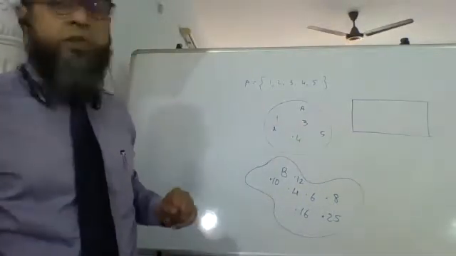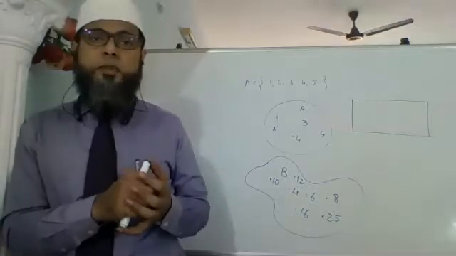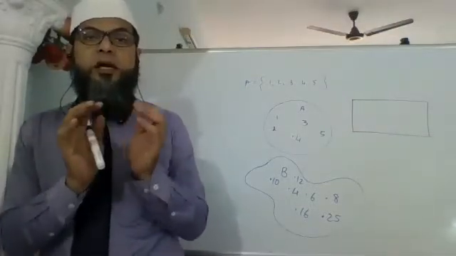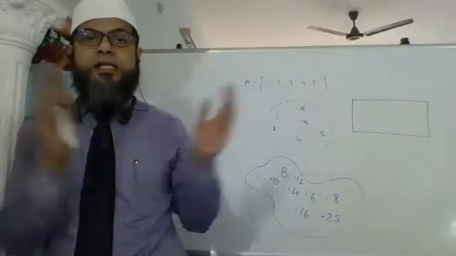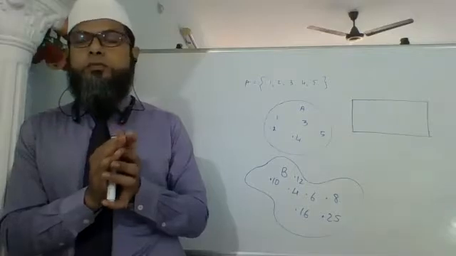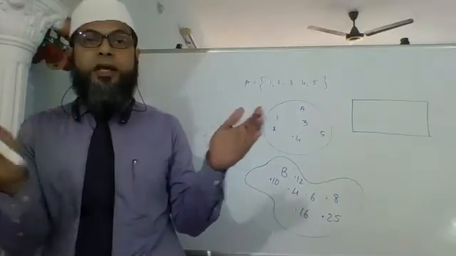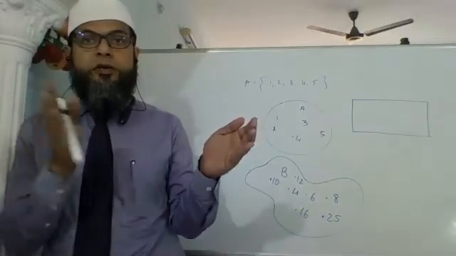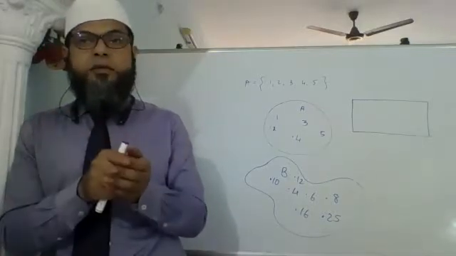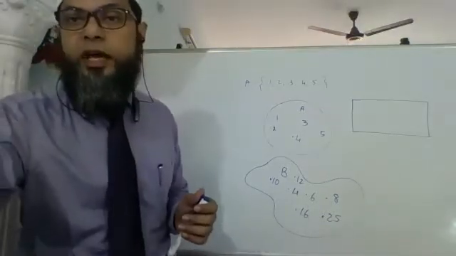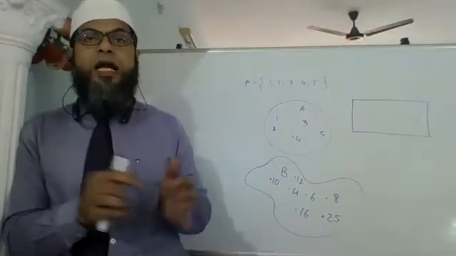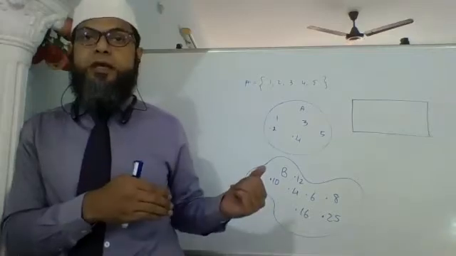तो ये हो गया set. Subset क्या होता है? Subset is a part of a set. It is a small part of the bigger set. From a bigger set, a small part. For example, if you have that birthday के लिए you get that cake, isn't it? And you cut it into pieces. So that small slice, that is a part of that cake. That small slice of the cake that you eat or you give is a part of that big cake. So that small slice would be a subset of that cake.